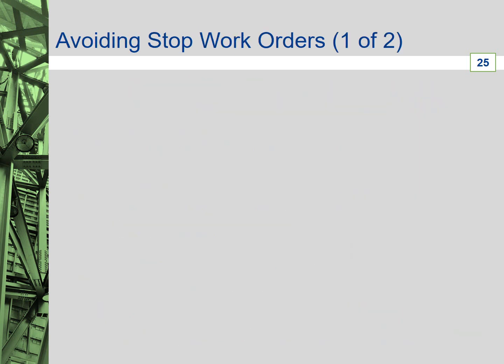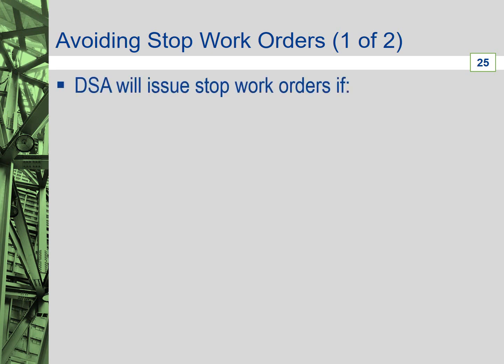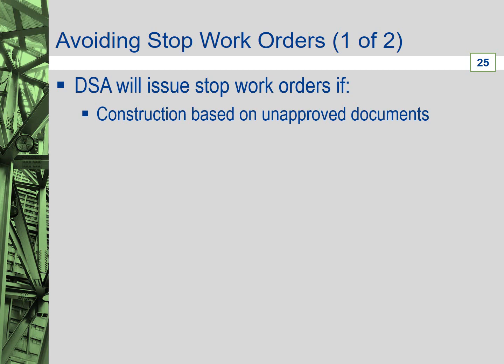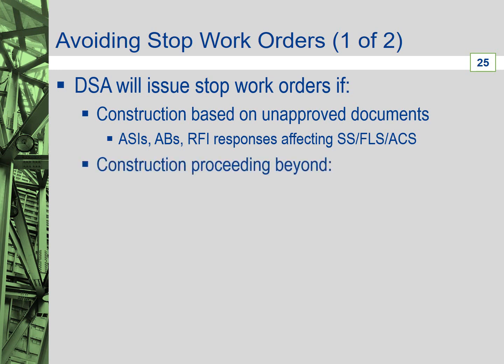As identified in the California Administrative Code, DSA can issue a stop work order in certain situations. Being aware of those triggering scenarios or events helps design professionals to be proactive and avoid the possibility of a DSA-issued stop work order. DSA will issue a stop work order in the following situations for which the design professional has a role. There is construction occurring using documents not approved by DSA, such as architectural supplemental instructions, bulletins, or responses to requests for information affecting structural safety, fire and life safety, or accessibility portions of the work that have not been submitted to DSA for review and approval, or construction proceeding beyond incomplete or unresolved issues, such as incomplete